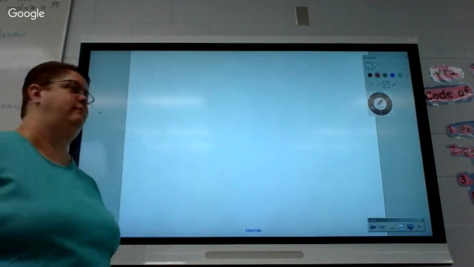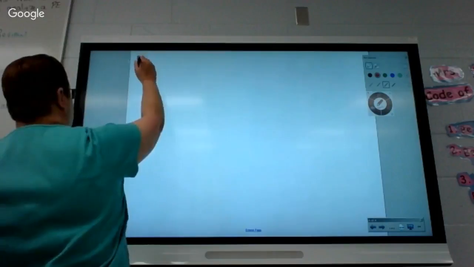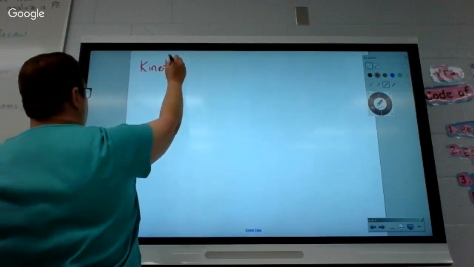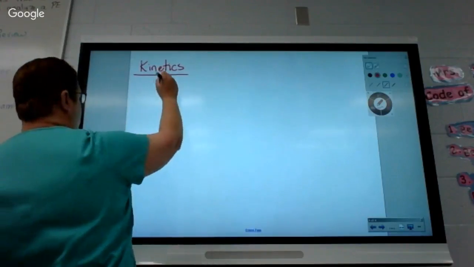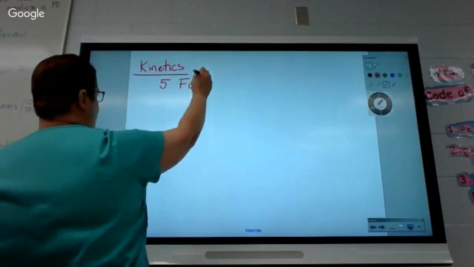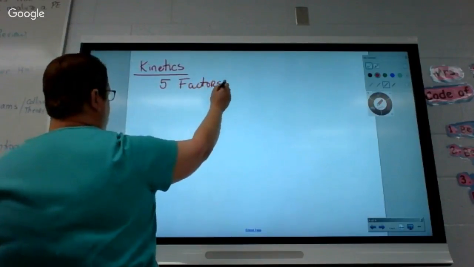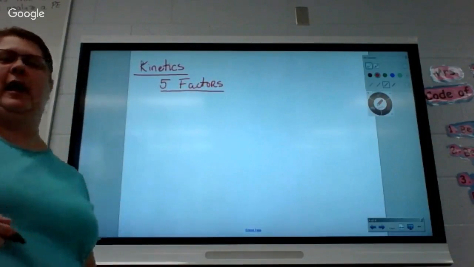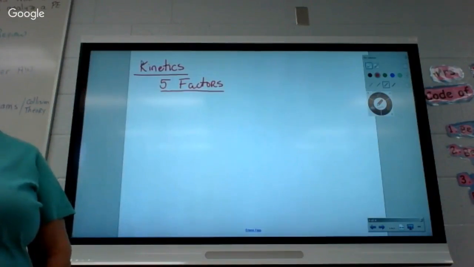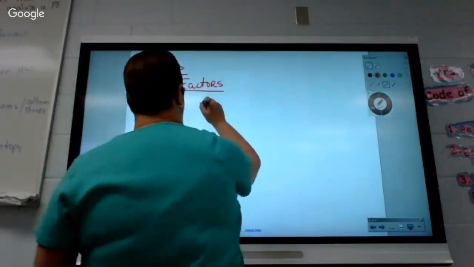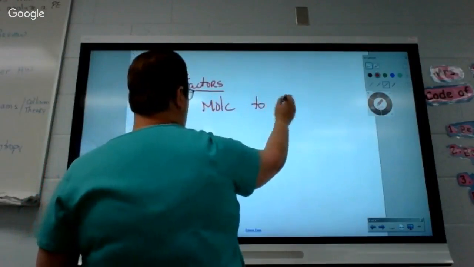All right, so yesterday, we were talking about collisions. And for those of you who are not here, this is a little bit of a review for you, just to get us up to speed with where we're going today. All right, what were the 5 factors that can make a reaction go faster? Now, we said in order for a reaction to go faster, we need molecules to do what? We need them to move faster, and the reason we need them to move faster is so they can do what more often? Collide, okay? We need molecules to collide.